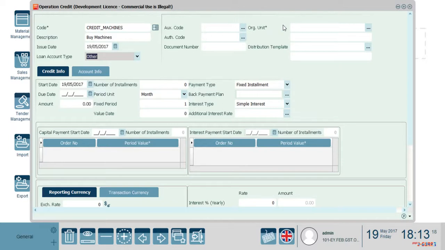Then auxiliary code, authorization code, document number, as per the requirement you can define it. I'm leaving it blank. Then number of installments. So suppose you can give the amount. So if I want like 10,000,